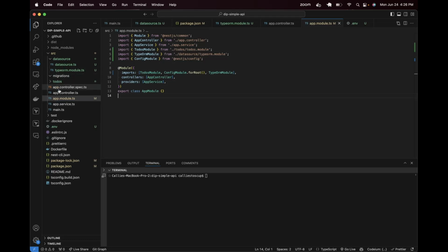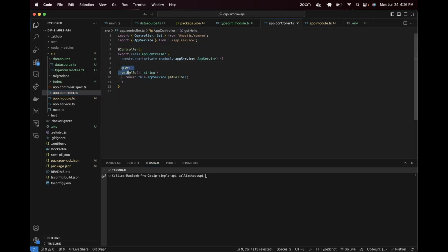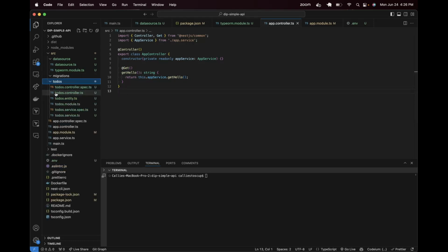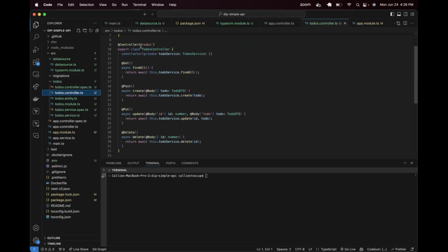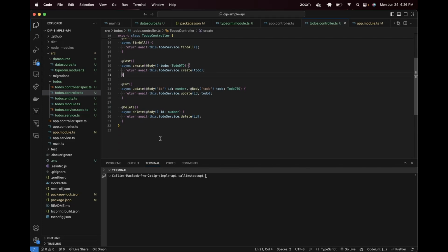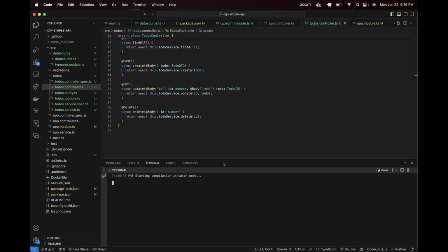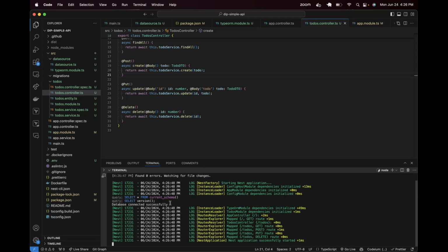We still will have the just get hello endpoint that we should be able to test. And then we will have a few more endpoints where we can use /to-dos to get all of the to-dos, add a to-do, edit a to-do, and delete a to-do. Okay. So just like normal, you would run npm run start:dev. All right. And you should see some logs here where you can see that we are connected to our database,